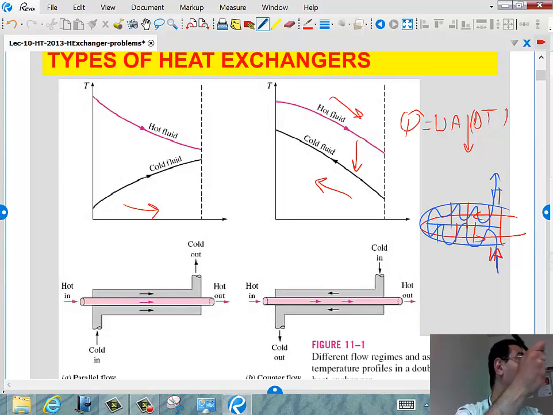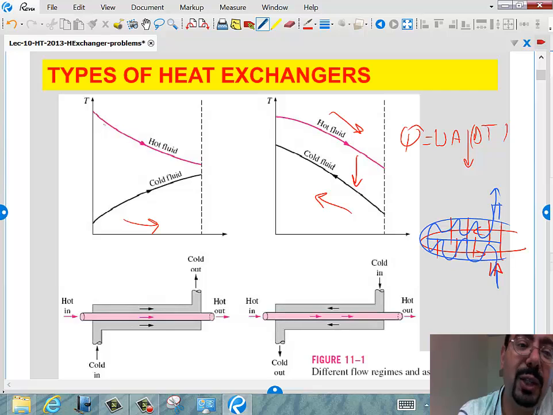If it managed to cool the hot fluid all the way down to the cooling medium, the air that's trying to cool the hot water, it would be excellent. It did the maximum we can expect from it because it cannot do any more than this. So basically, if we can bring the hot fluid all the way down to this temperature, the inlet, so if we can bring T hot all the way to T cold in,